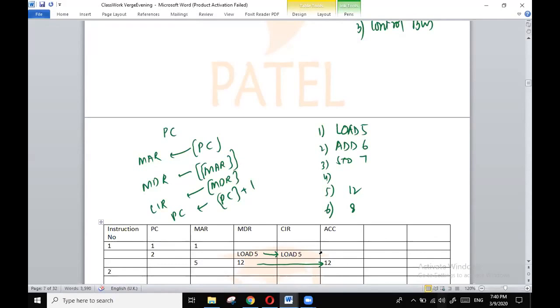PC will transfer this address to MAR. From this address, data will be fetched and loaded to MDR, that is ADD 6. From address 6, this is an instruction, so this data will be transferred to CIR to be decoded, ADD 6. After decoding this, PC will be incremented by 1, meaning PC will be 3, and the address part of